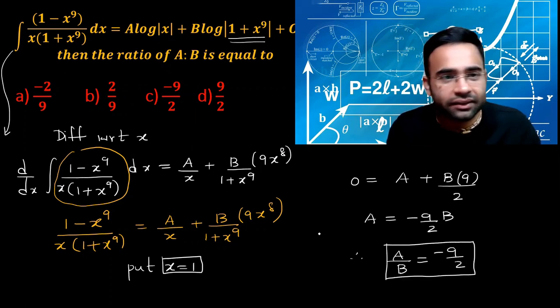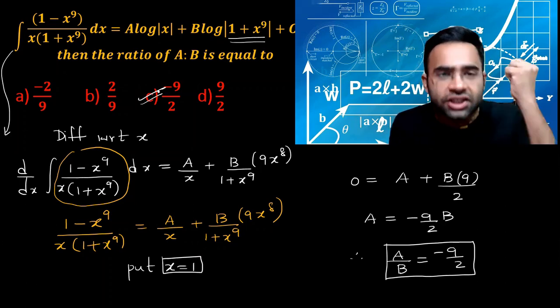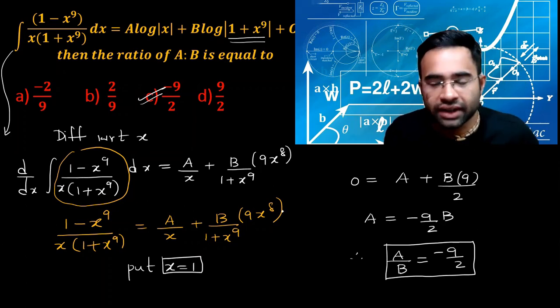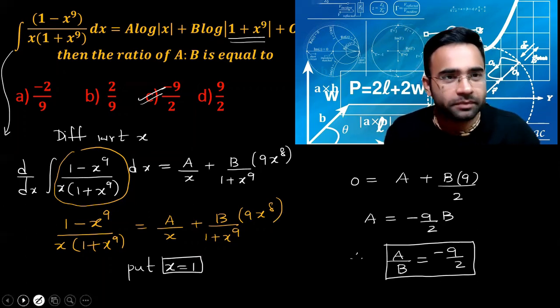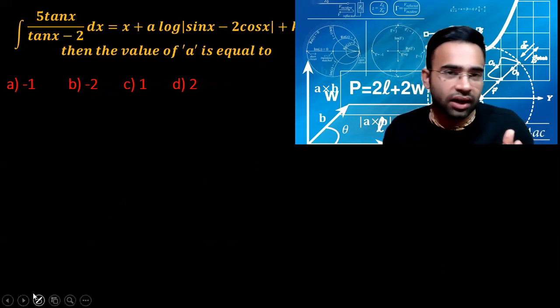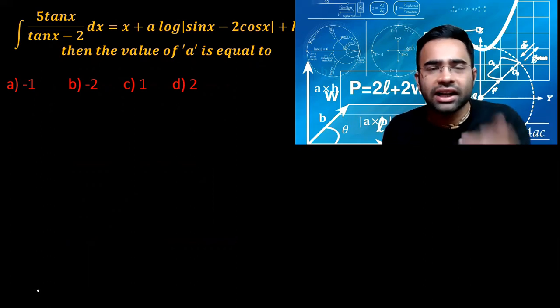Wasn't that great, kids? So you don't have to do anything much when there are sums where unknowns are involved. Just take a derivative of antiderivative and then put x as any permissible value, and you get the unknown terms. Let's try one more problem of the same type. Now look at this problem. Apparently it will look a bit difficult, that you will have to solve it fully, but it will be done in hardly any time.